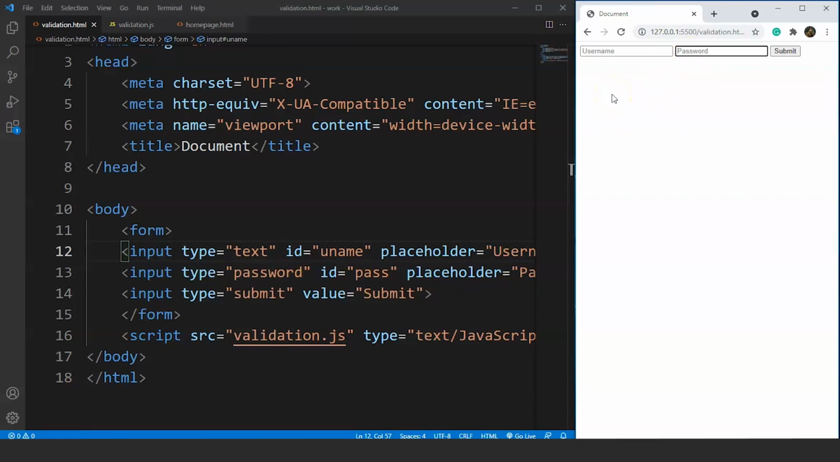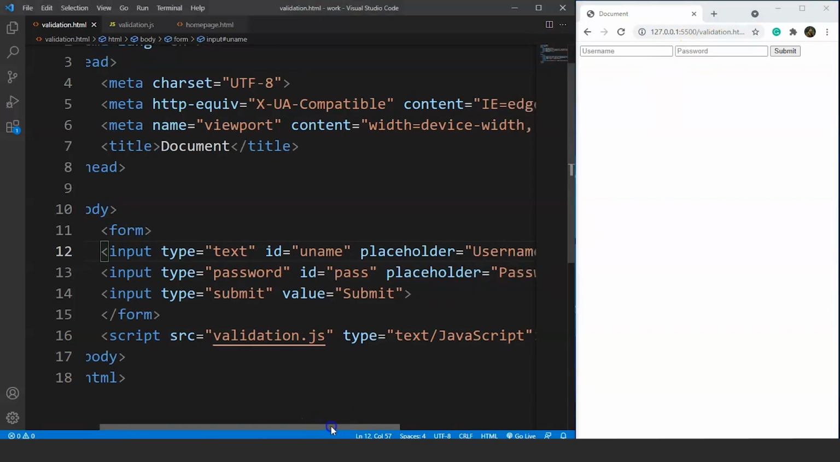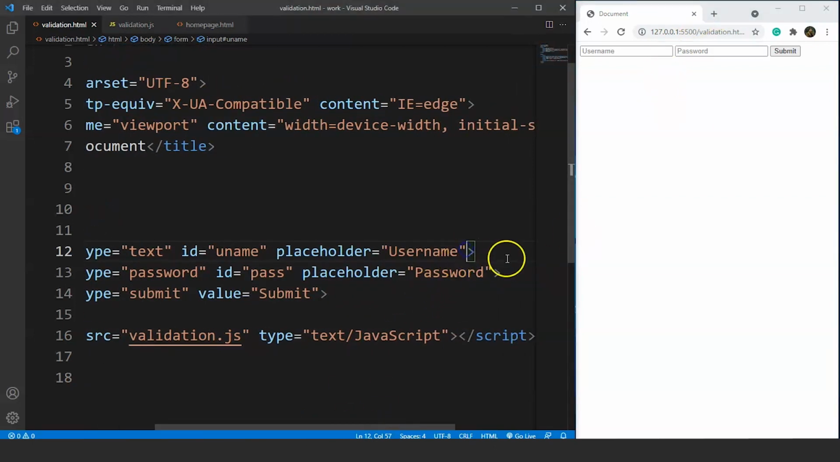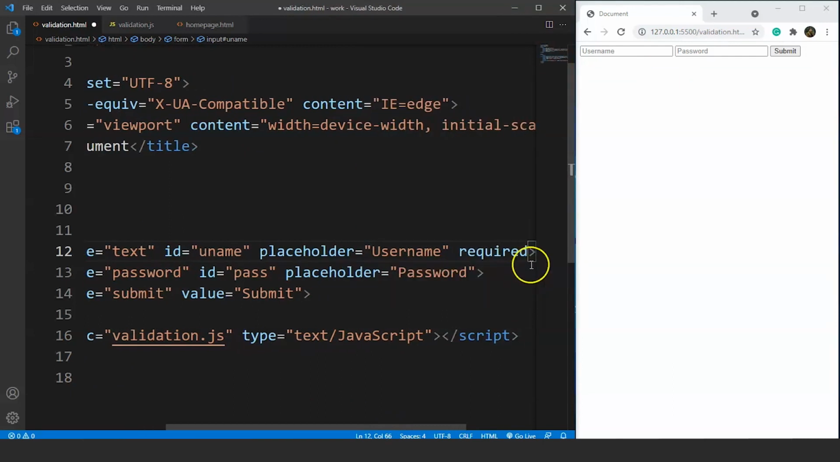Before we move on to validation with JavaScript, let me tell you that we can do certain things with HTML as well. If we want that none of the two text boxes remains blank, we can write inside these input tags: required. Save it, and now if you try to click on this submit button, you can see it says please fill out this field. It will not allow the user to submit the form until there is any value present